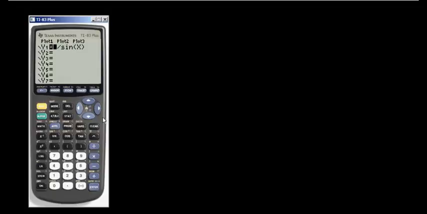If you go y equals, and I want to change this to the cotangent, then it's 1 over tangent, and I graph that guy out. So pretty straightforward. If you want to do some graphing on Maple,